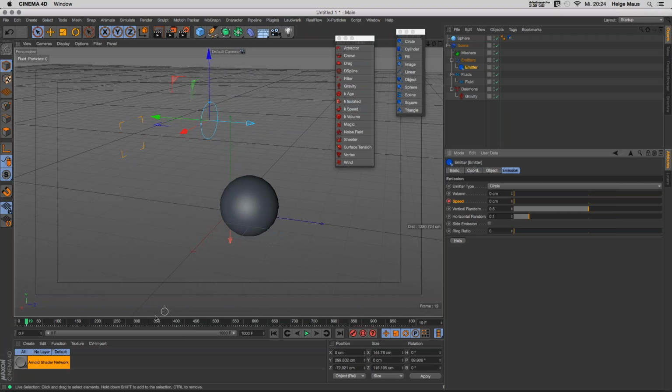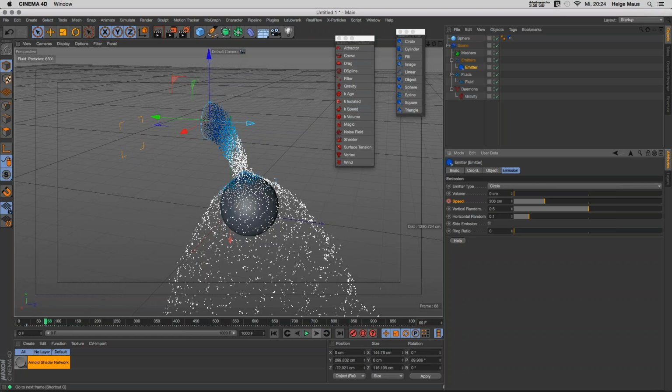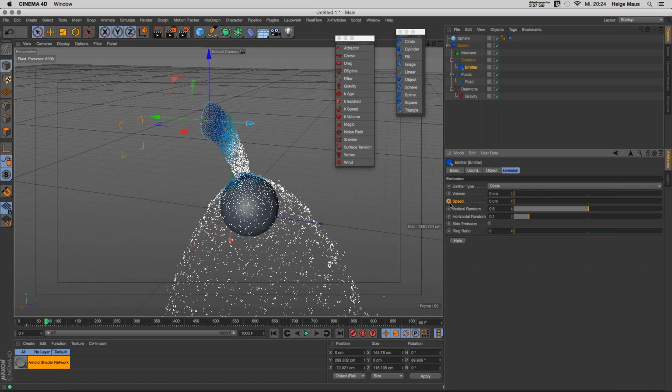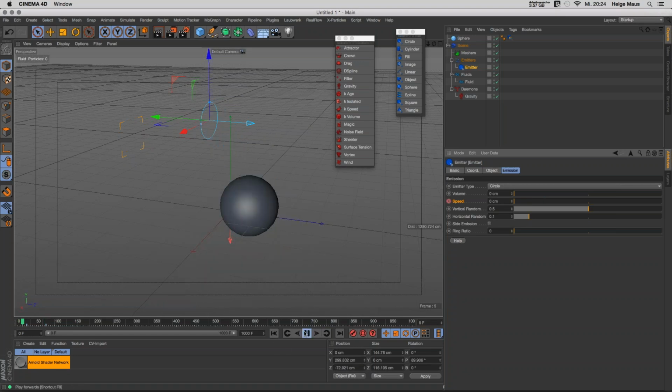So we start here the emission, for example, with 20. So we speed this up in one frame, and if we press play, now you see it works as expected. This again and bring this back off. And now, yeah,